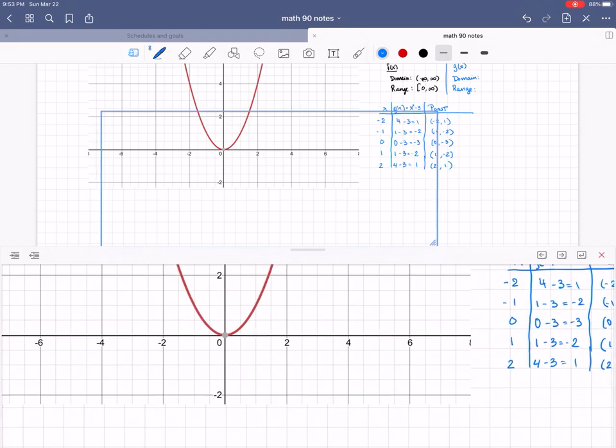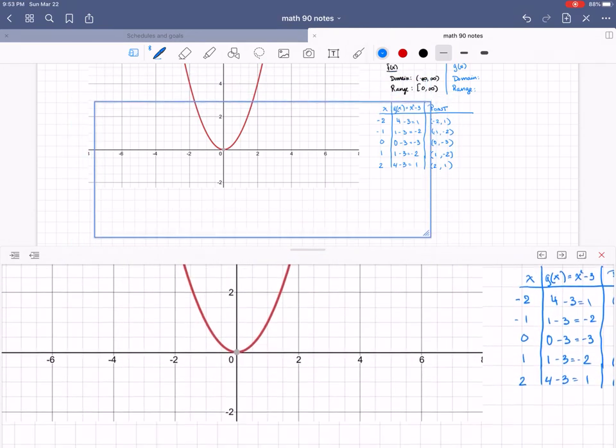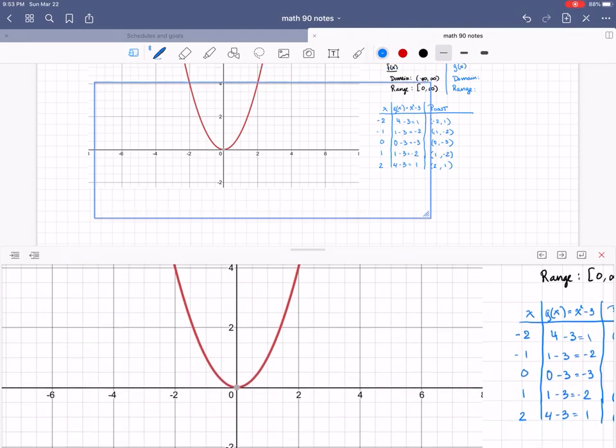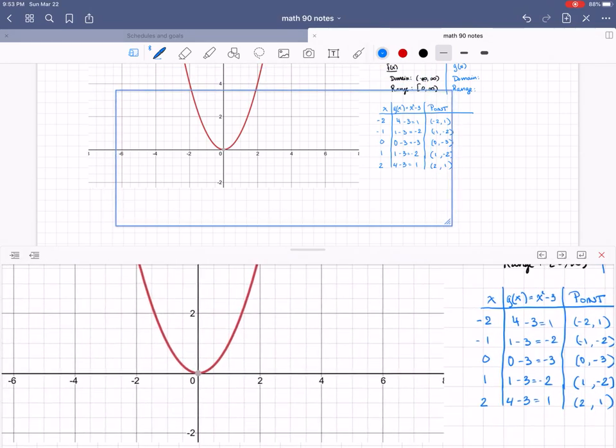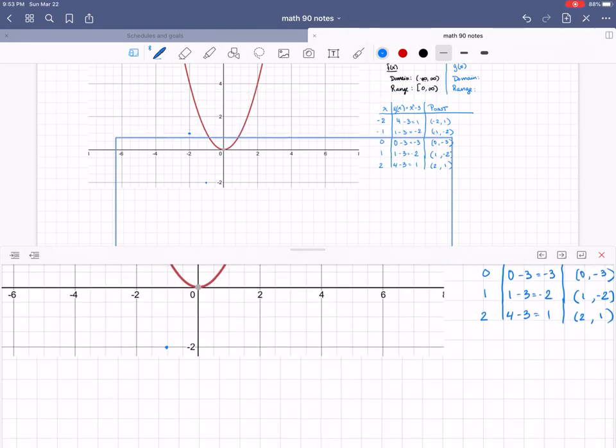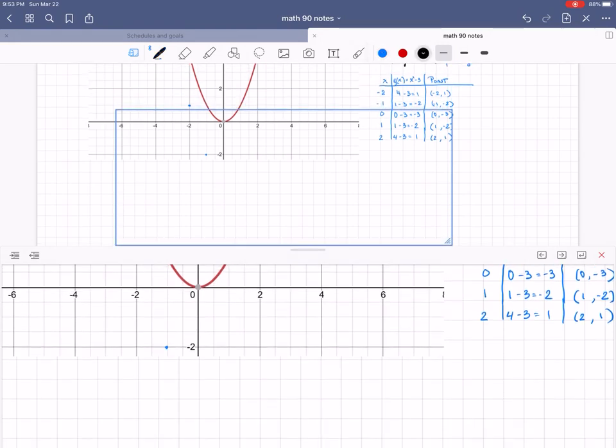All right, let's plot these points. And I'm already seeing a problem with our graph, but that's okay. We'll make it work. Okay, so let's kind of scroll here so we have it. So -2, 1 is there. -1, -2 is there. 0, -3, so I'm going to extend that down. So, not very good planning on my part, but that's okay. We will make it work. Alright, and I'm just going to label -3 as being down here. So there is 0, -3. Here's 1, -2,